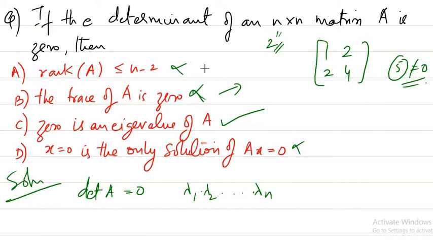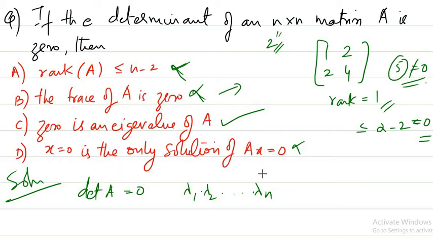What about this? Again you take n equal to 2, you get for this particular matrix rank is 1, and here they're telling it is n minus 2. N minus 2 means n is 2, so 2 minus 2, rank of A is less than equal to 2 minus 2, less than equal to 0. But here we are getting 1 also, right? Greater than that. So this option is also not correct. In general, not correct. And what about the last option?